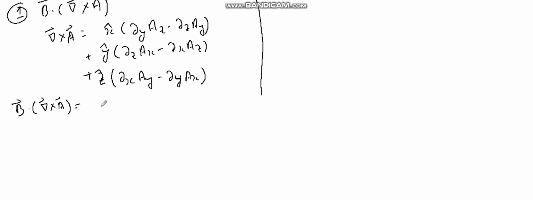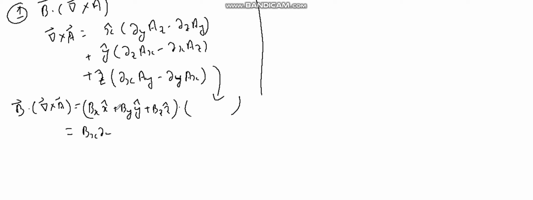So the dot product will give bx del y a of z. Okay, so what we are doing is expanding. Let me explain it. We take bx x cap plus by y cap plus bz z cap, dot product with this vector, right? So the x will be x multiplied. So the bx del y, we are multiplying bx with this component az minus bx del z